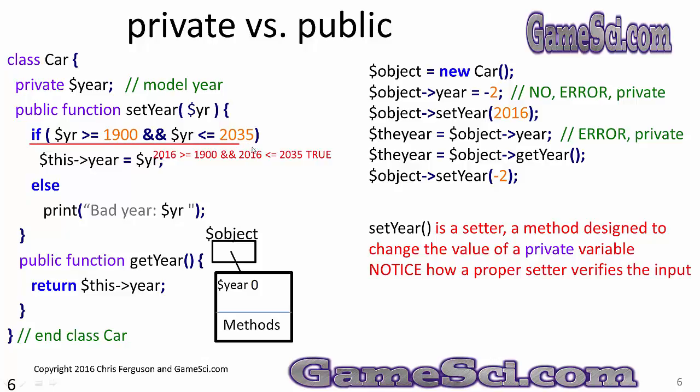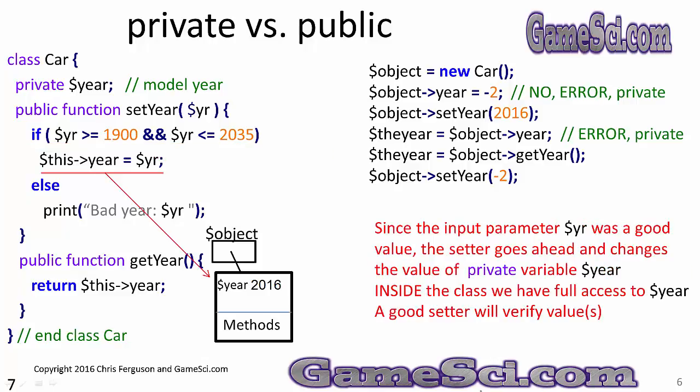This is going to be a true statement. Since my parameter appears to be good, it's going to go ahead and execute. This object's year variable equals the parameter $year. And the 2016 that I sent as input is going to be inserted into the object. That's what a good setter method does: it accepts a parameter, and if it's good data, goes ahead and